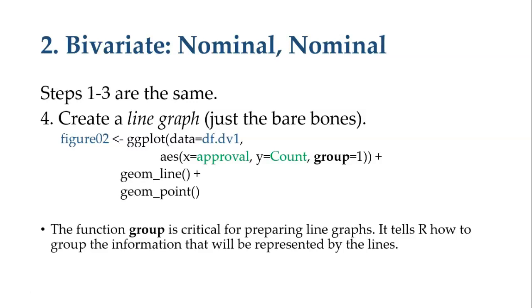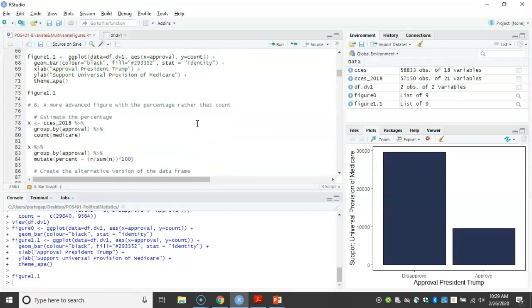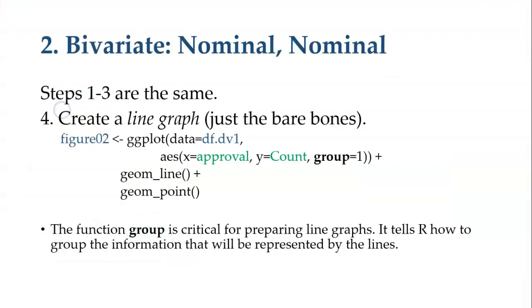So you need to learn how to create the line graph, which is the same information, but it's going to be represented with a line, basically. That's the only difference here. So you need to prepare the same steps if you want to go with the line graph instead of the bar graph, okay? You use the same information, data frame, and so on and so forth. The only difference here is that you have this